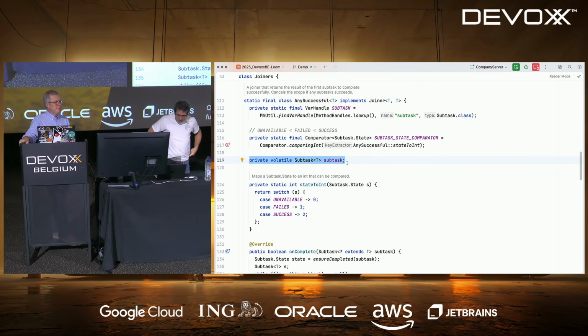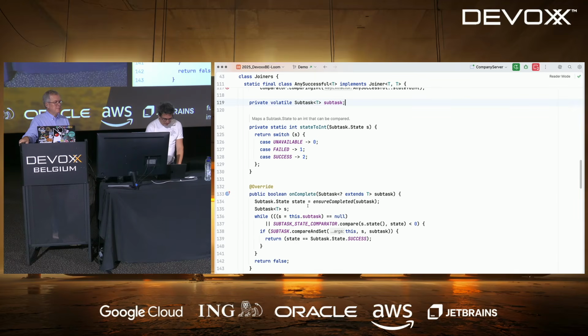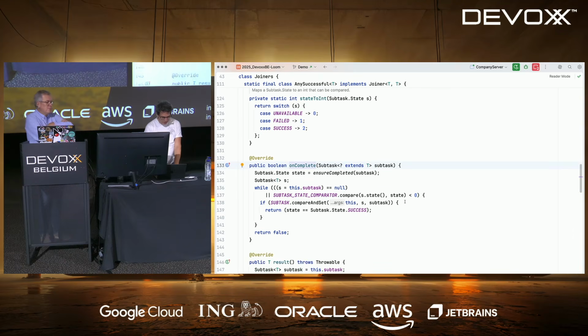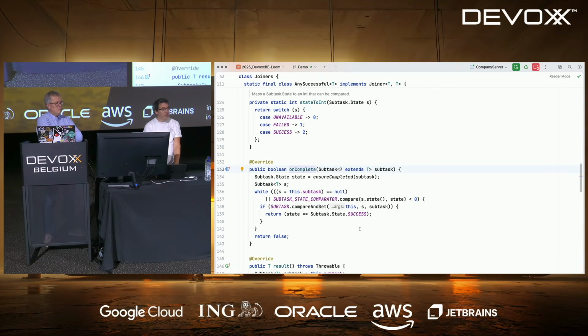In terms of implementation, I have a subtask, and if one task completes in onComplete, I will try to store the subtask. And obviously, I only do it if the field of the subtask is null, and I will update